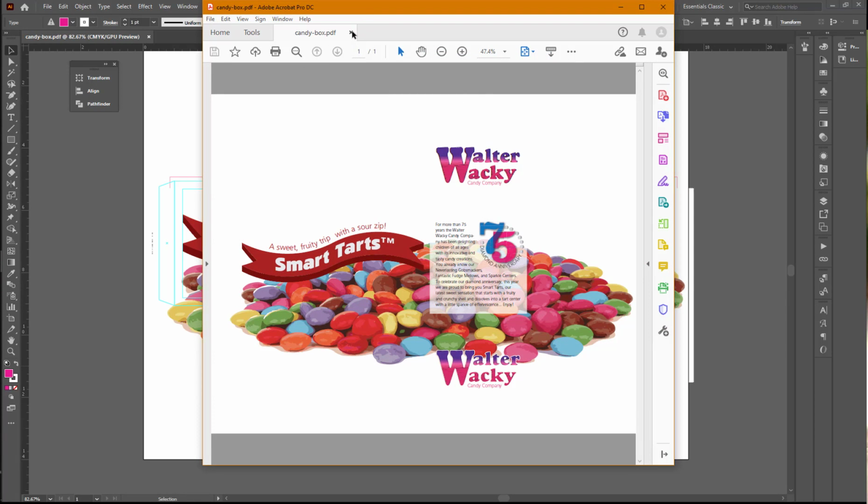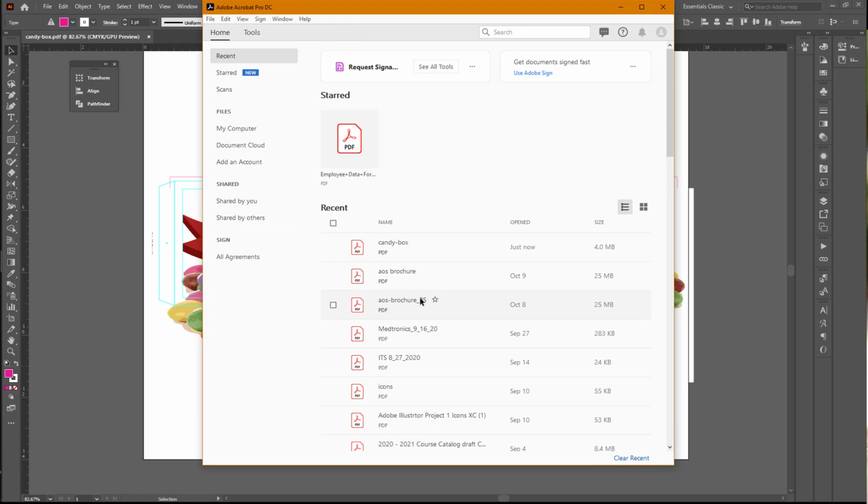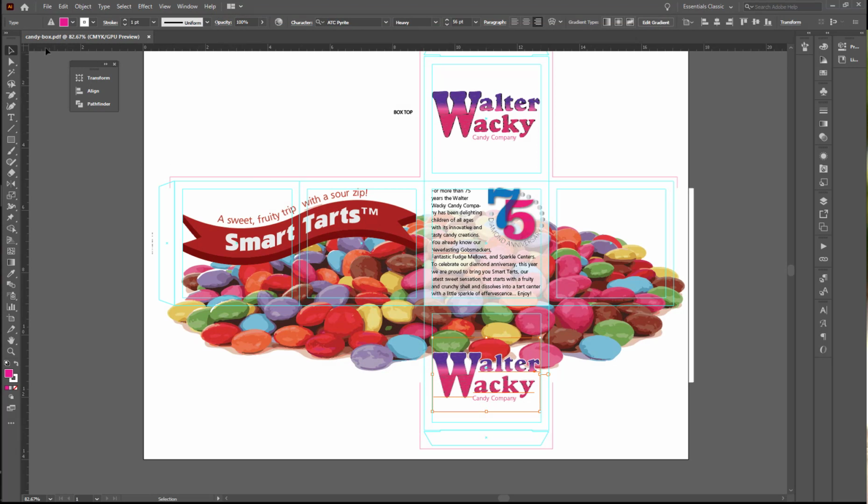You can close that PDF out and working in, this has now become the PDF file, but we can continue working with it. Now, since we've created a box